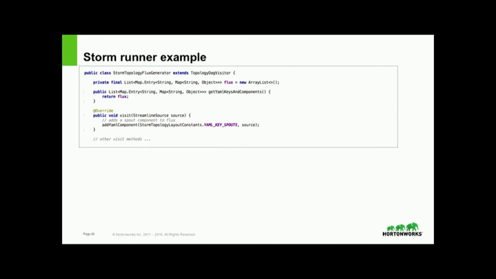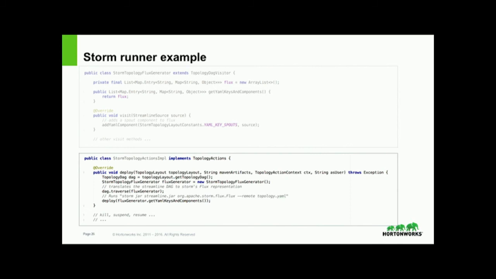In the Storm runner case, we are actually generating a Storm flux as the final output. For example, when it encounters a source, it sees what kind of source it is. If it's a Kafka source, it generates code for plugging in a Kafka spout and adds it as a component in the YAML. And in the deploy, we are actually using this